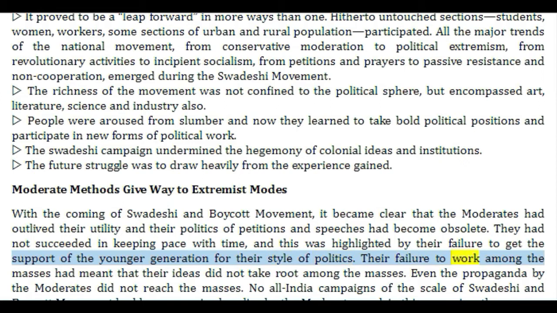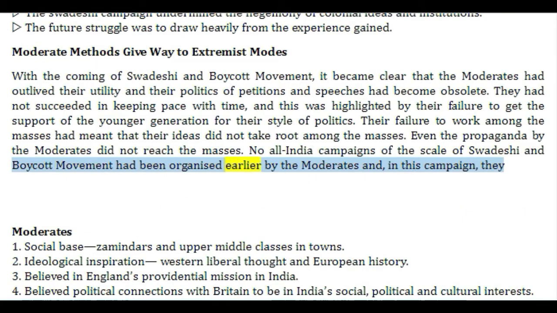Their failure to work among the masses had meant that their ideas did not take root among the masses. Even the propaganda by the moderates did not reach the masses. No all-India campaigns of the scale of Swadeshi and boycott movement had been organized earlier by the moderates, and, in this campaign, they